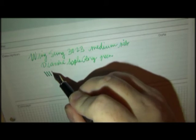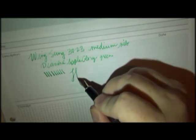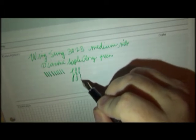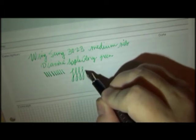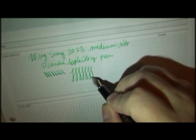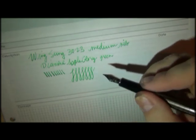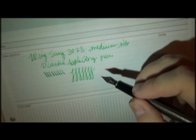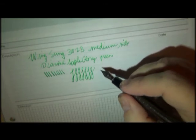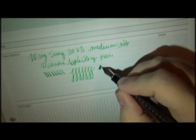A little bit of pressure, it gives you some pretty good line variation. Less pressure, less pressure. So, see how smooth it is? Well, guess what? It's not as smooth as I'd like it, but when we originally got it, I had spent some time actually working on it and smoothing out the nib. So that's one of the things I found with this particular pen. I wasn't all that impressed, number one, that it wrote a little bit on the fine side as opposed to being medium. It wasn't scratchy or anything, but what it was though is